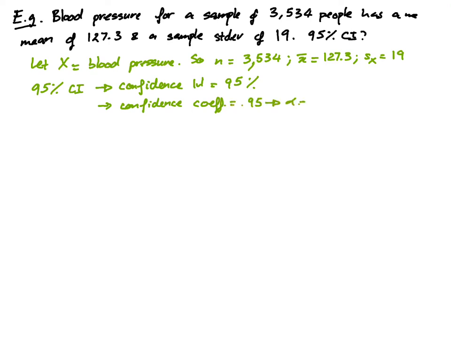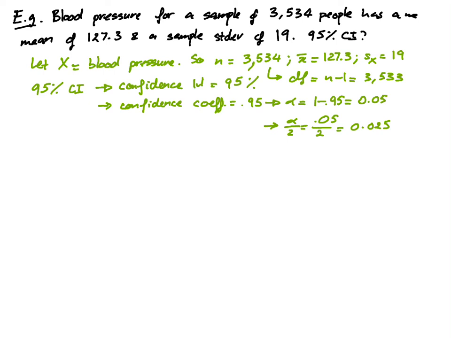So alpha is 1 minus 0.95, which is 0.05. Okay, so that gives us alpha over 2 of 0.05 divided by 2, which is 0.025. Okay, and then here we have a sample size of 3,534. So our degrees of freedom is n minus 1, which is 3,533. Okay,